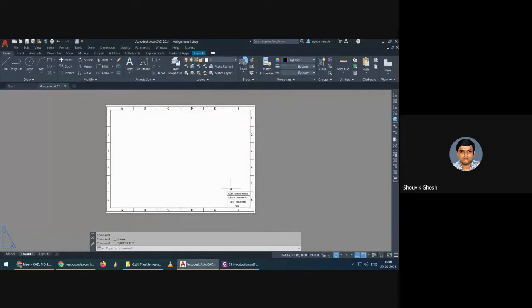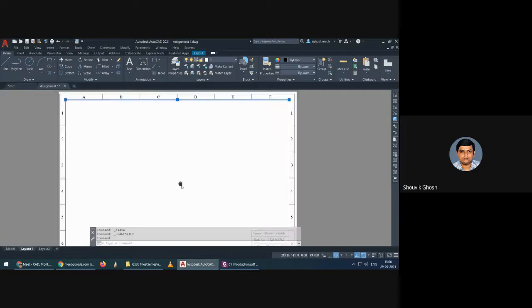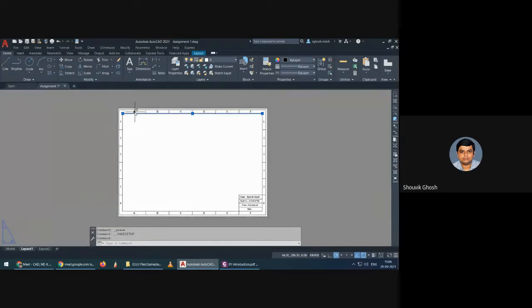Then you have to create this layout. You can use rectangle to draw the outline, whatever the maximum value you can achieve. Then using offset you can create the internal rectangle. Then by using point divide, you can divide this line into multiple divisions, whatever the number of divisions. Hopefully you will get 6 by 6 as I have done over here. Then we can add this text by using multi-line text. So we can create that.